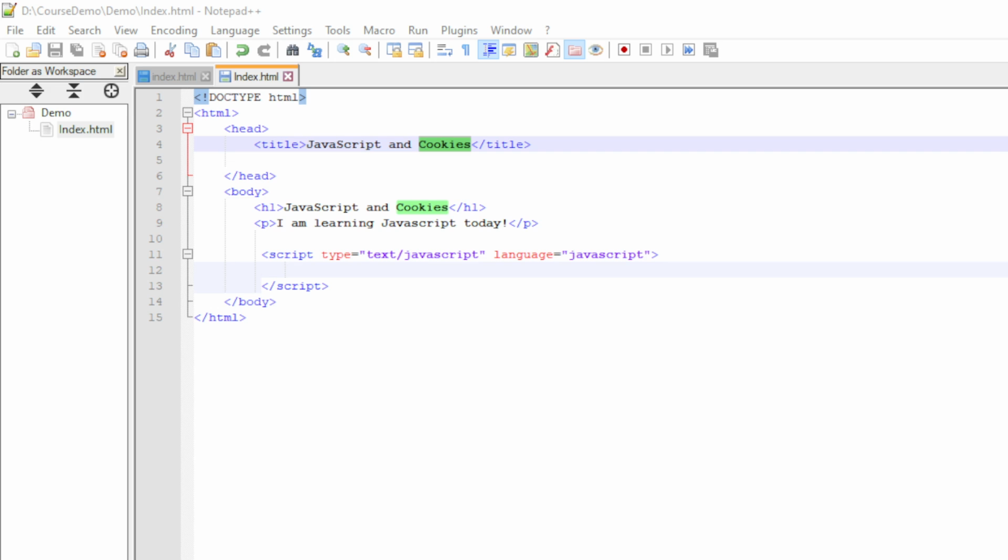First I'm going to write a function to create a cookie.